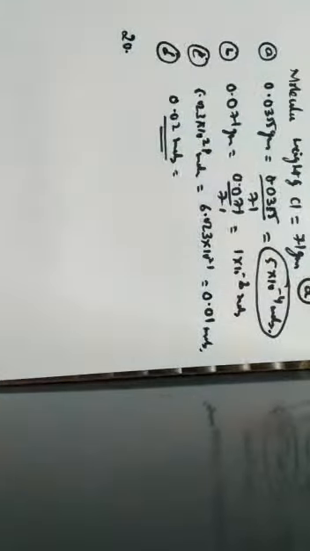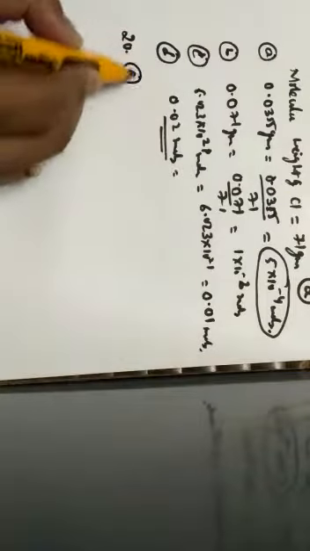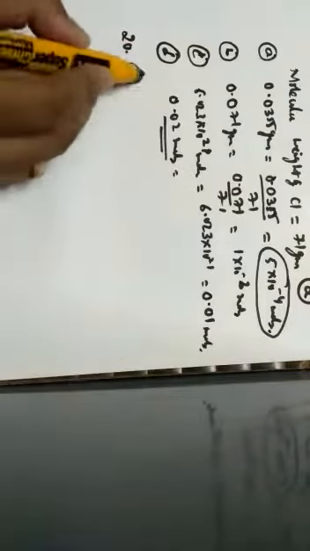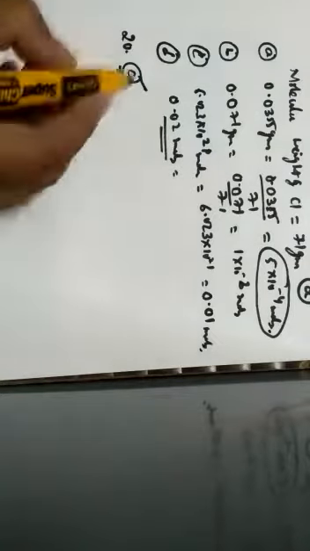Next one, question number 20. 1 gram of silver gets distributed between 10 cm cube of molten zinc and 100 cm cube of molten lead at 800 degrees Celsius. The percentage of silver in the zinc layer is approximately. So here the correct option is option C. So let us discuss how option C is correct.